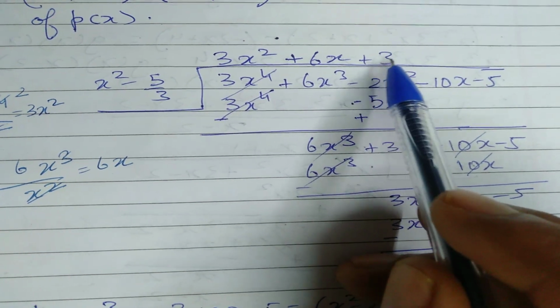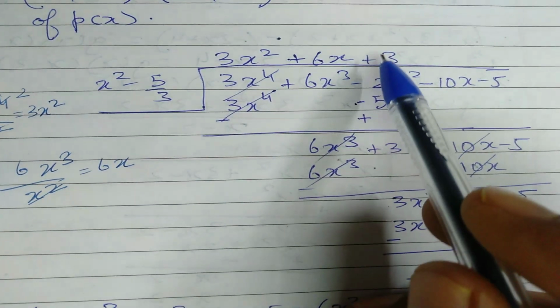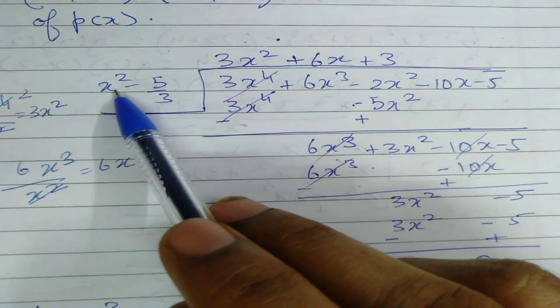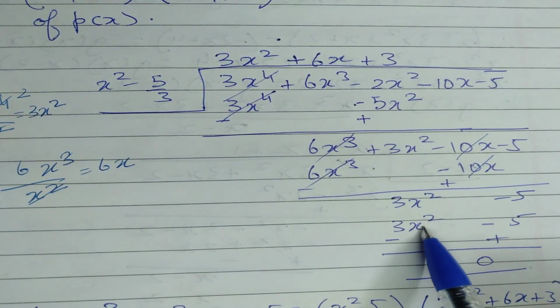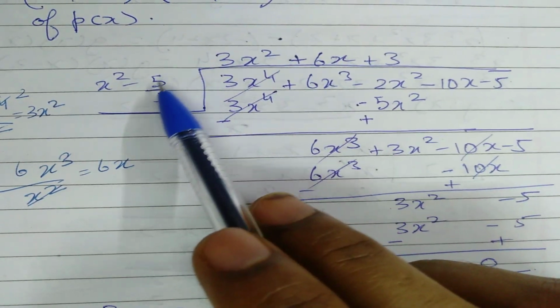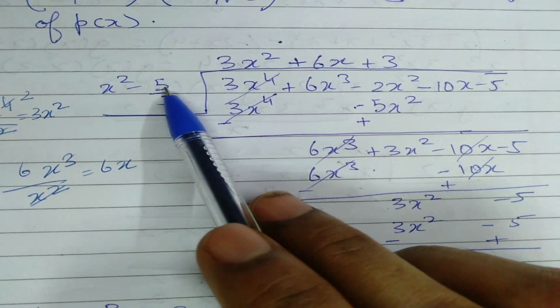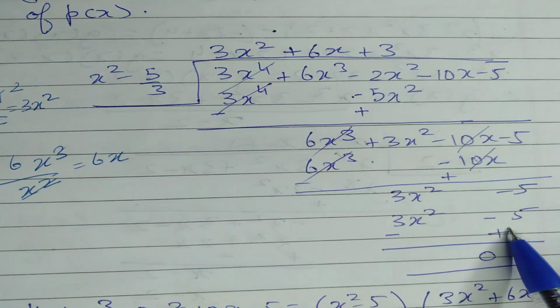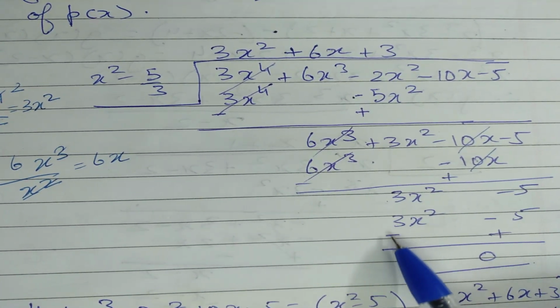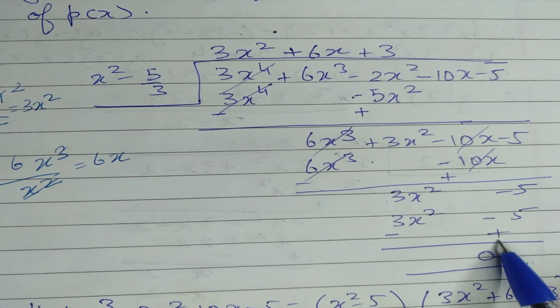So here we write plus because here it is plus sign. So I'll write plus 3 into x square. So 3 into x square, you get 3x square, and then 3 into minus 5 by 3. So 3 and 3 will get cancelled. The remaining term is minus 5, which is below minus 5. Then sign changes. This was positive, becomes negative. This is negative, becomes positive.